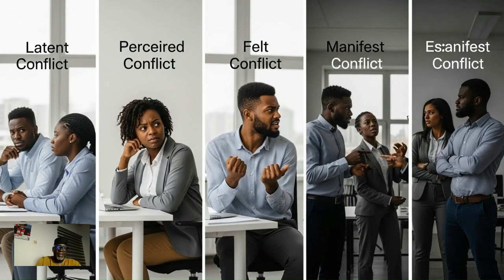There are five stages of conflict escalation. The first one is called latent conflict. Second is the perceived conflict. The third is the felt conflict. Then the manifest conflict, and the fifth one is the conflict aftermath. Now, the latent conflict, which is the first stage of conflict escalation, is the initial stage where underlying issues exist, but open conflict has not yet emerged. So tensions are present, but they are not yet actively acknowledged or addressed. That is the latent conflict stage.